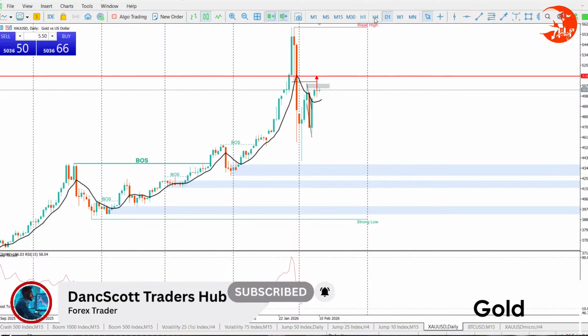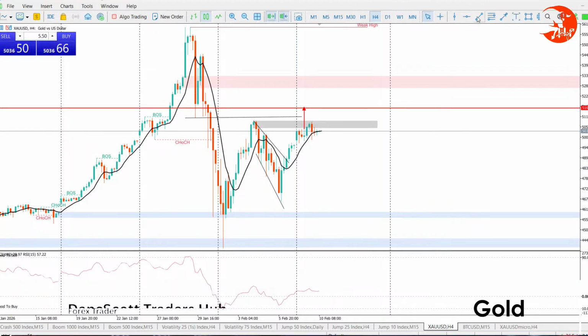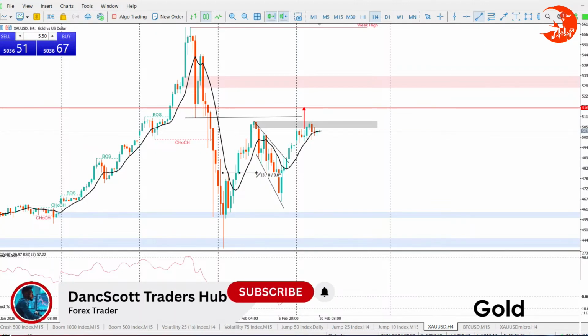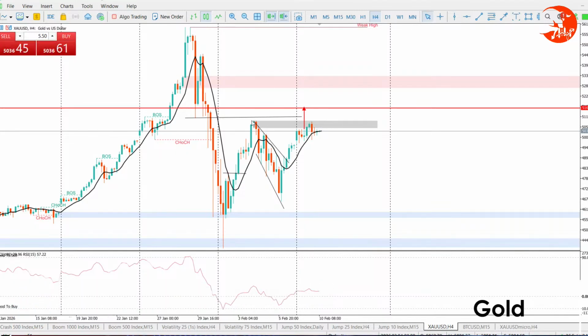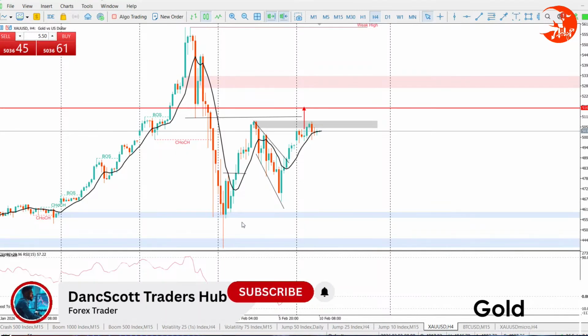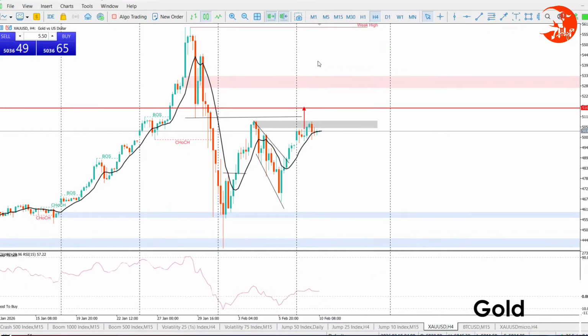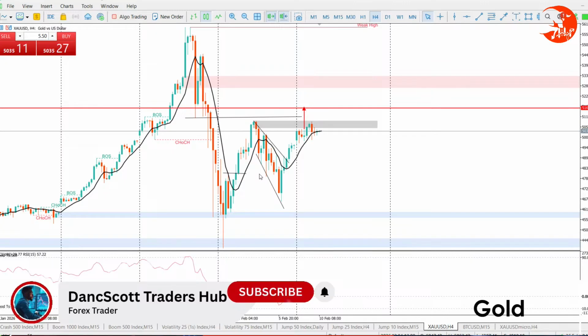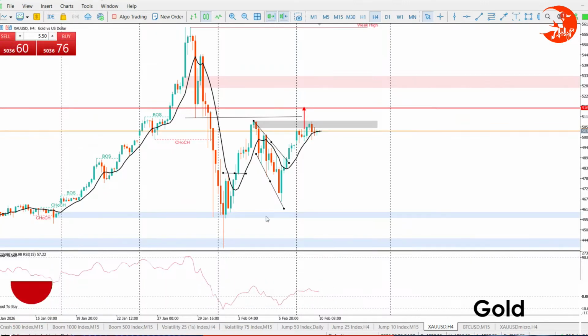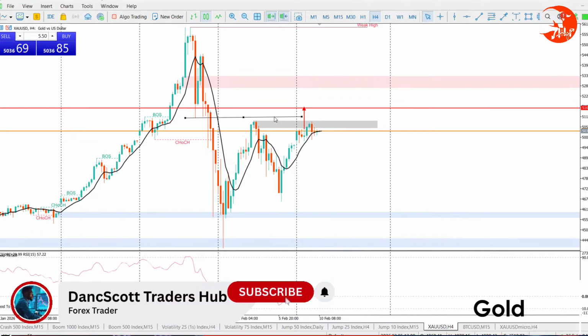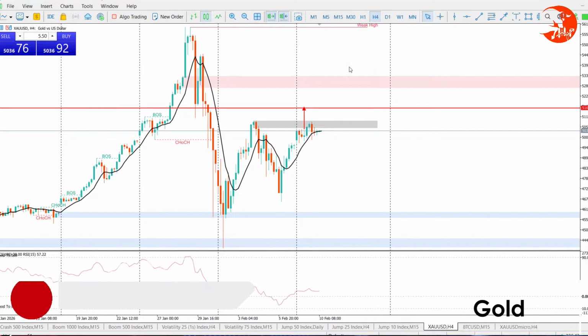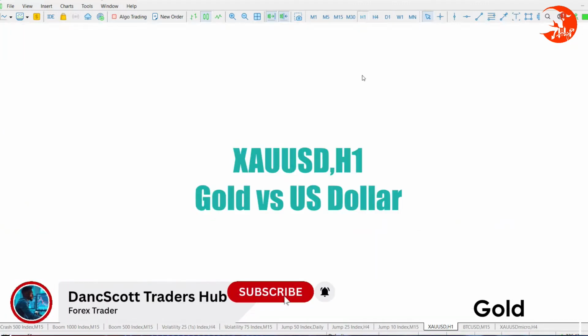and then the buys started. That's where we even got another change of character on H4. That was a change of character right there, then gave us a higher high, then dropped for a higher low, mitigating this last order block here, and now the buys started. So whatever we are doing, we need to know that we can only think of buys. We can only now think of buys. That's the reason why we were able to make that entry yesterday.